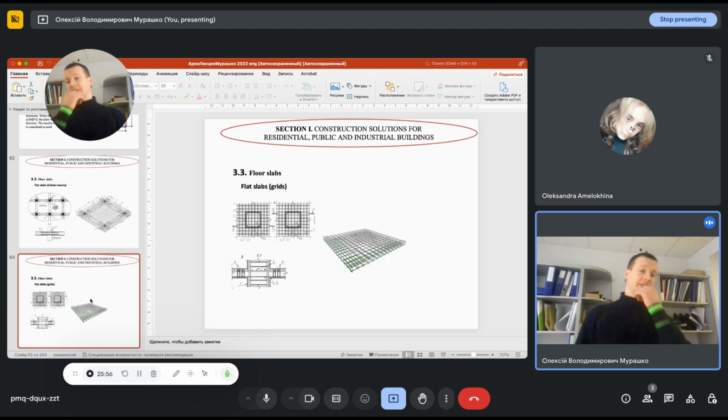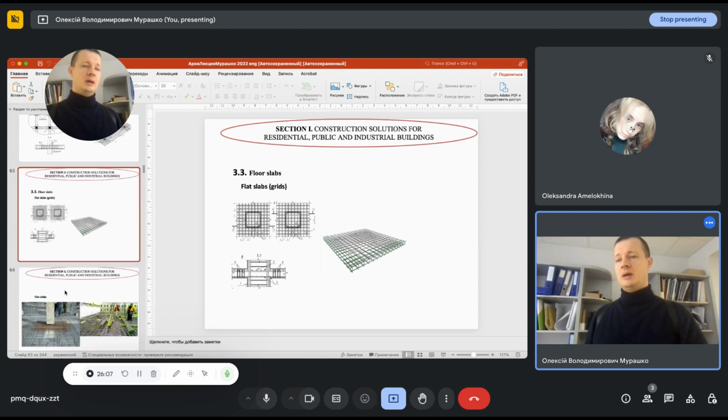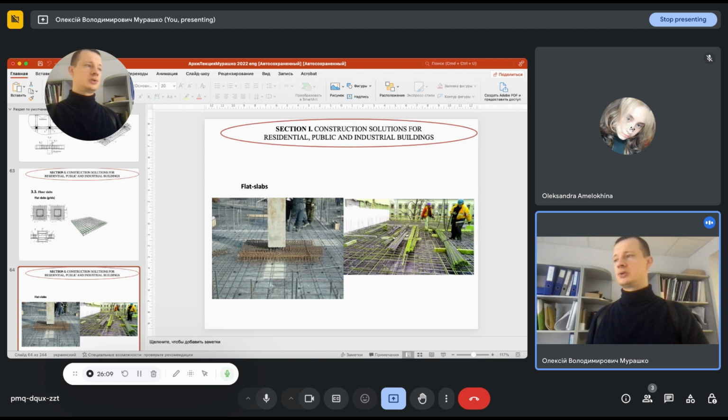In some cases, we can use another type of reinforcement. It is reinforcement with flat grids, and this makes some solutions